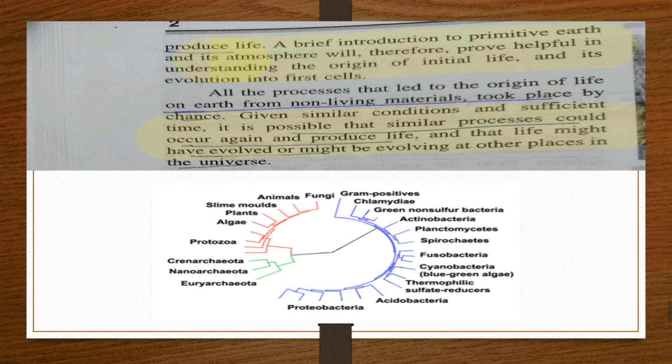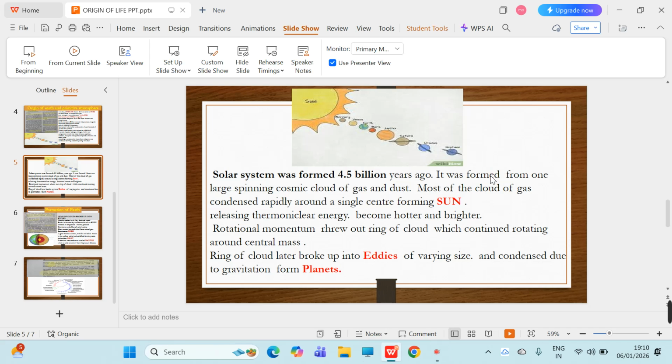So this is how you come to know about the origin of the universe, the origin of life, and the origin of Earth in this presentation. You come to know about the nebula, the Big Bang theory, and the eddies. And later on, you will come to know about the atmosphere, how it has changed from reducing to oxidizing. So this is how you can understand about the